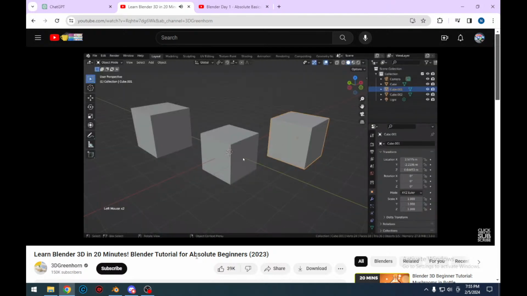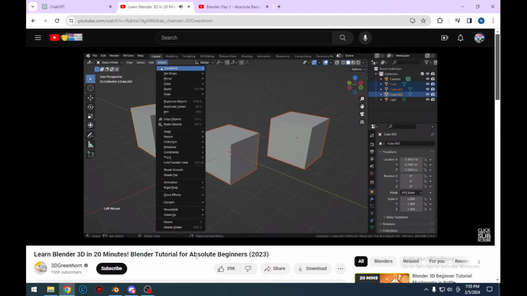In parenting, the objects were connected, but not joined. If we want to join multiple objects together, first select them, then head over to Object and